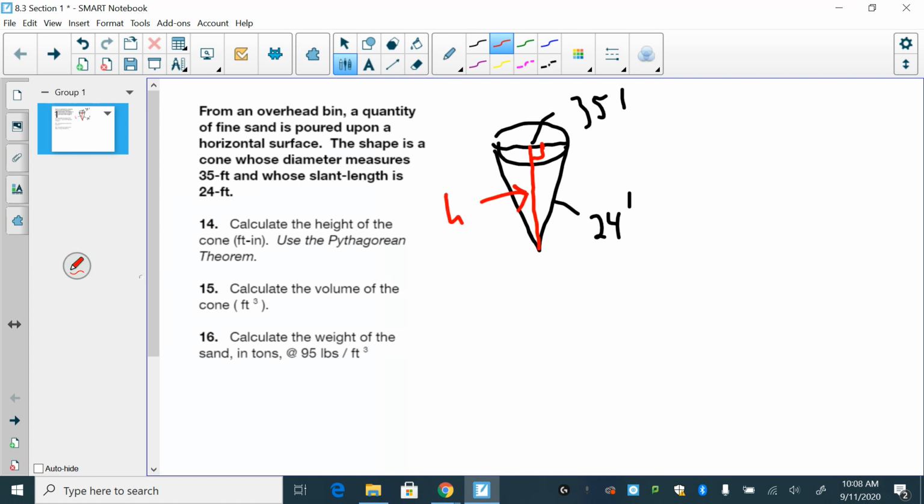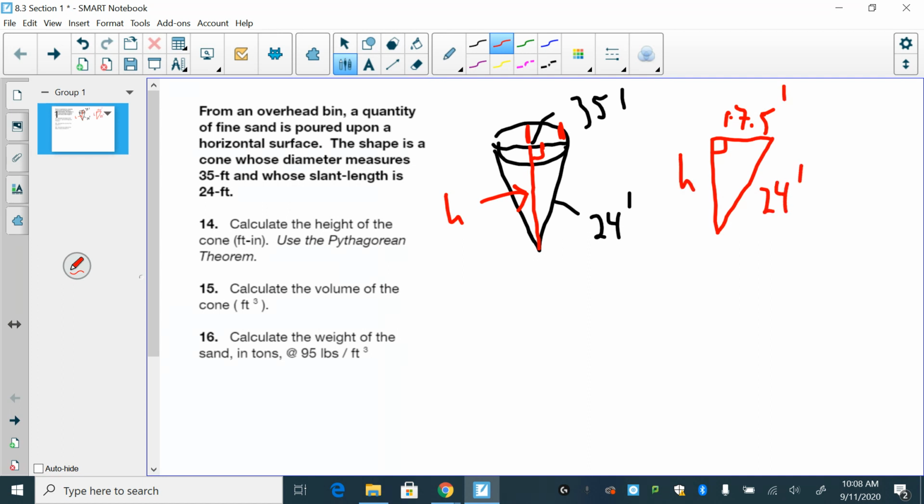So if you notice, we're working with half the cone. So you can't use 35. That's where the biggest mistake is. So you're going to want to take that 35 and divide it by 2, and you got 17.5. Because really you want to work with the radius right here from here to here. So I'm going to redraw this so you can see a little bit better. So I'm working with the radius of 17.5 and 24 feet, and I'm going to solve for the height of